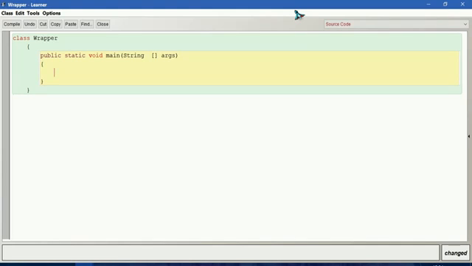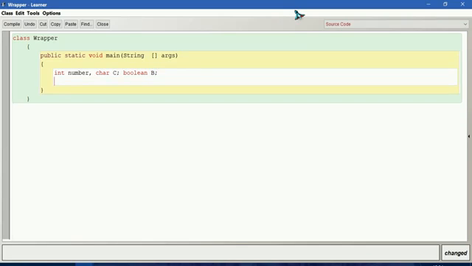I will create the variables needed: int number, then character type C, then boolean type B to give the output.